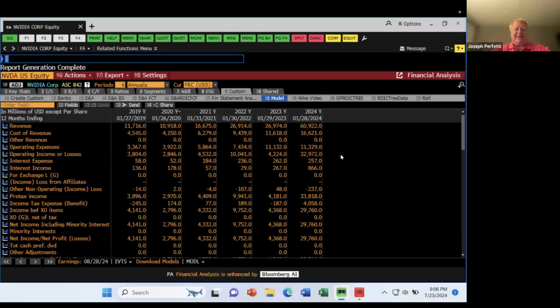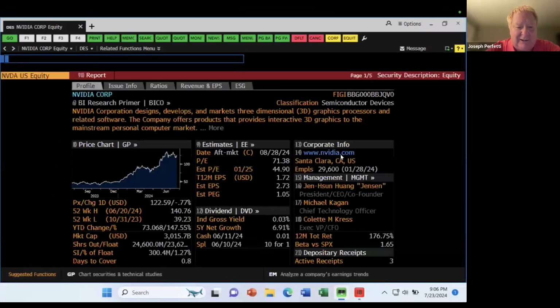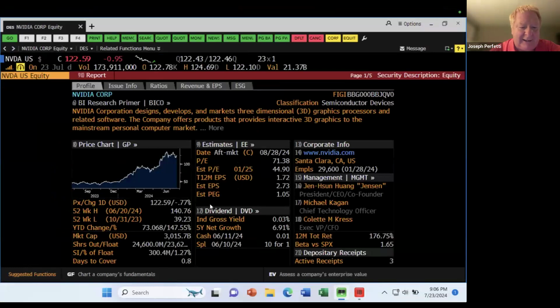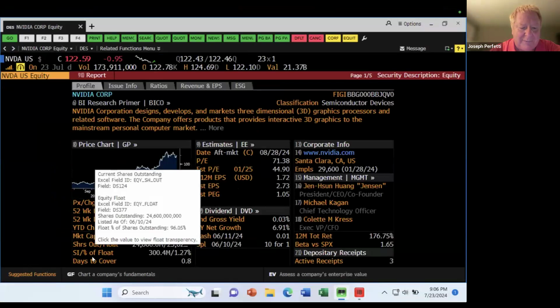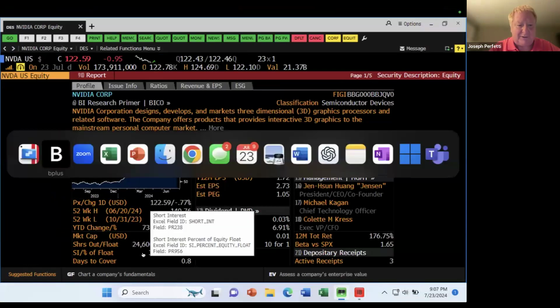So Bloomberg makes our life a lot easier. On one of their screens called security description, they have a handy quick reference to the current shares outstanding for a company, which for Nvidia is 24.6 billion. That's the current share count for Nvidia. So I have put 3 screenshots that we're going to need from Bloomberg to get more realistic data